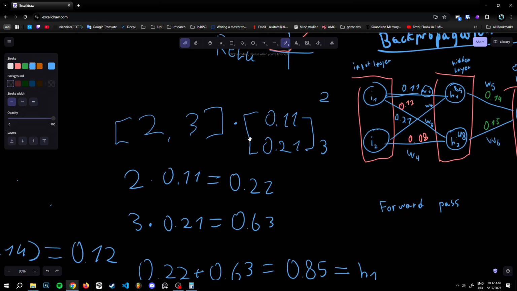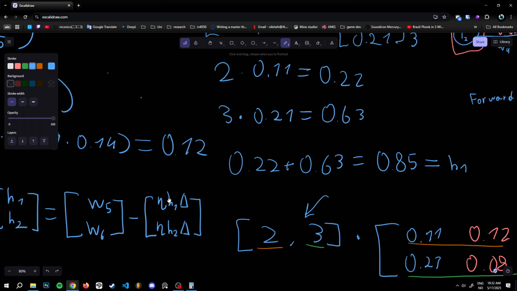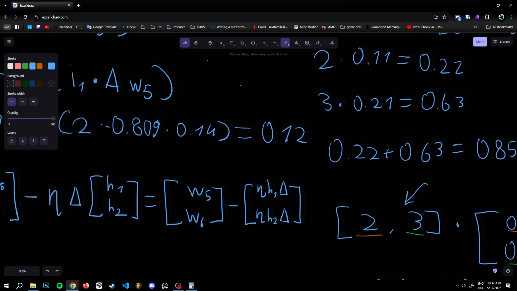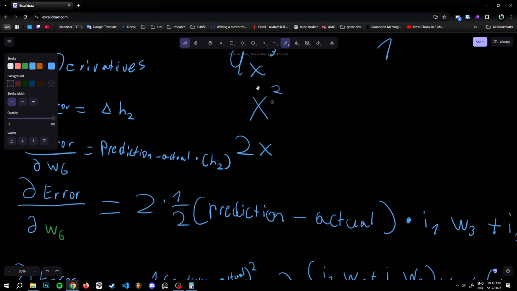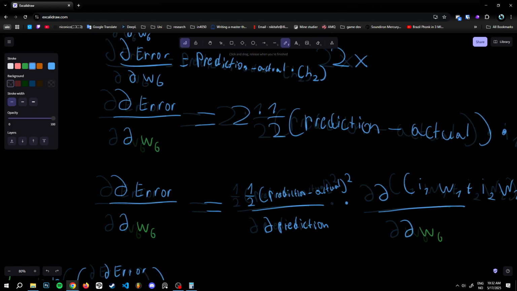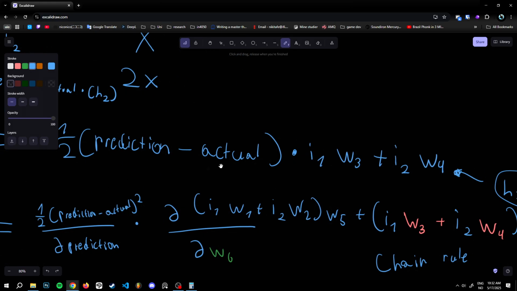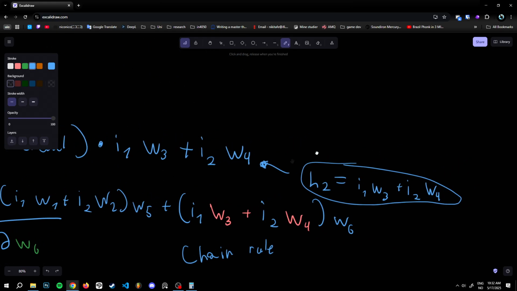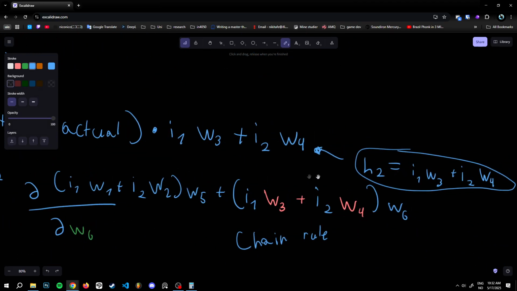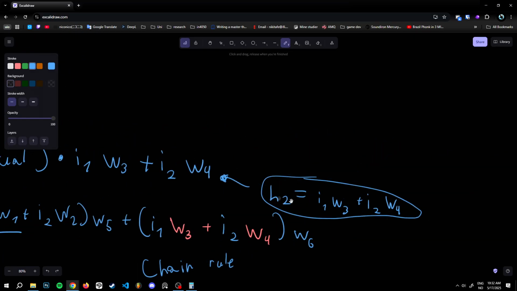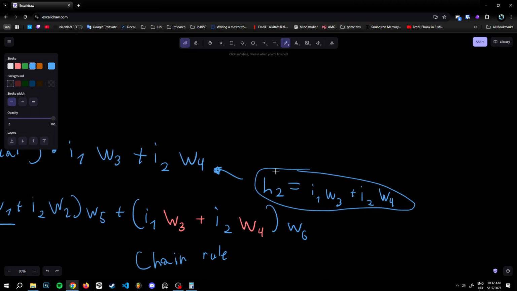Then this calculation depends on what activation function we're using. Just remember that if you're using sigmoid, for example, you also need to take the derivative of the activation function when we did this whole chain rule. So here, when we're calculating the error and focusing only on W6, which comes from H2, we also need to